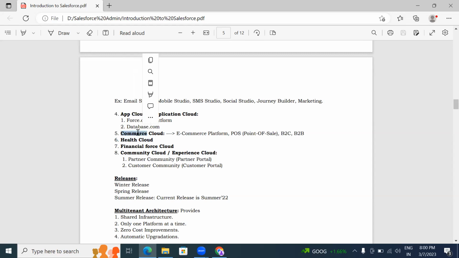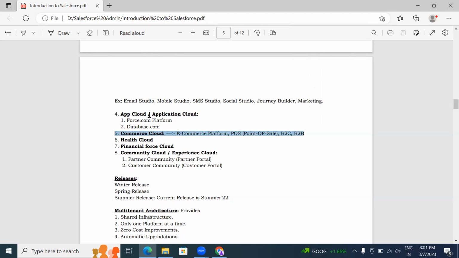And Commerce Cloud is a feature provided by Salesforce in order to automate e-commerce related applications. By using this Commerce Cloud, we can automate B2C, business to customer, and business to business applications.